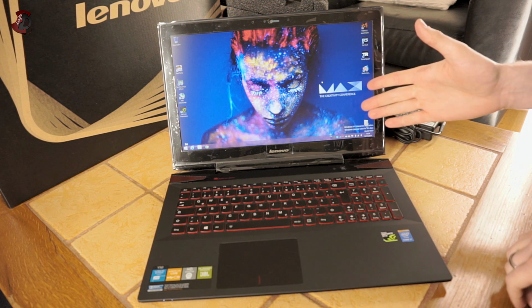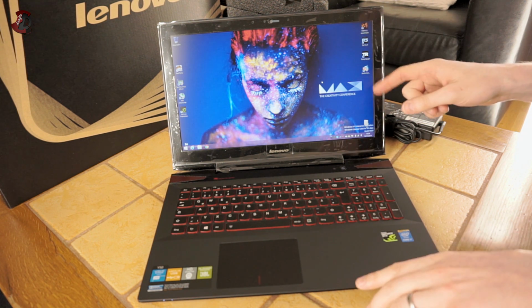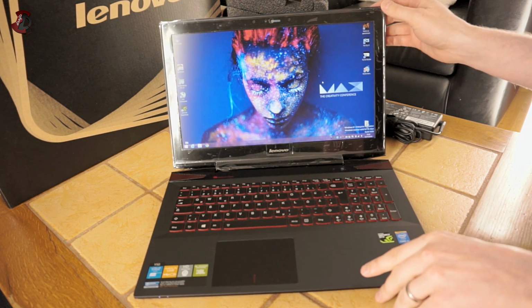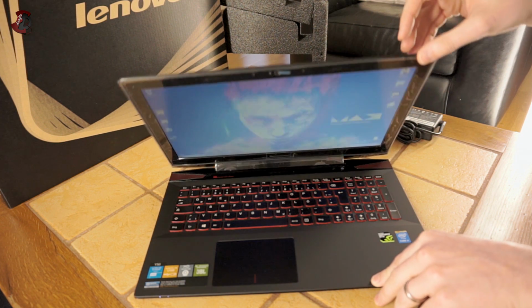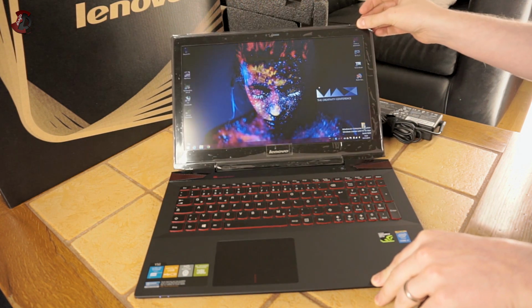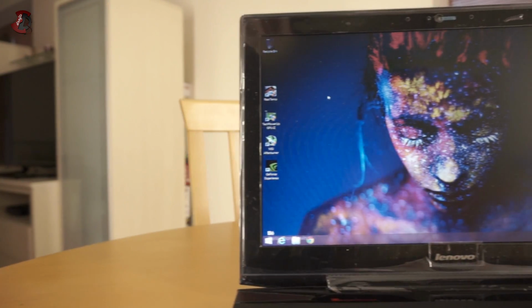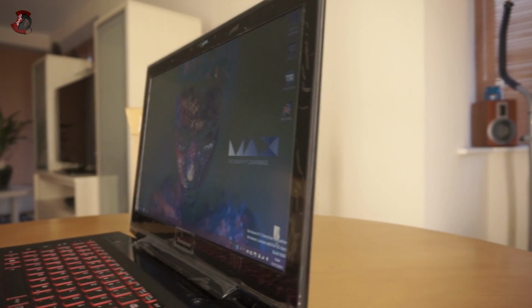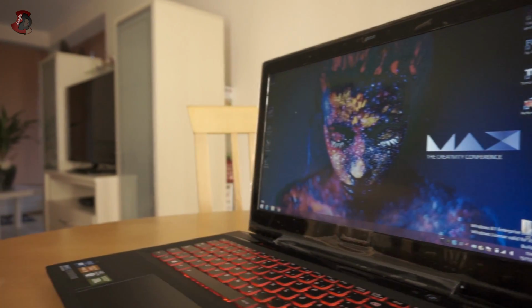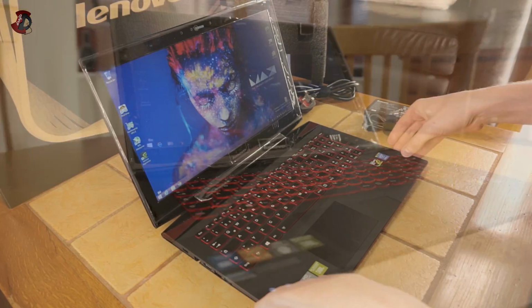1080p panel, they also do them in 4K flavors, but this one is 1080p, and they don't do IPS panel. The TN panel looks like this. And check this out. Horrible. So in terms of viewing angles, forget about it. It's not a great laptop for that, and I would recommend you to look elsewhere if a good screen